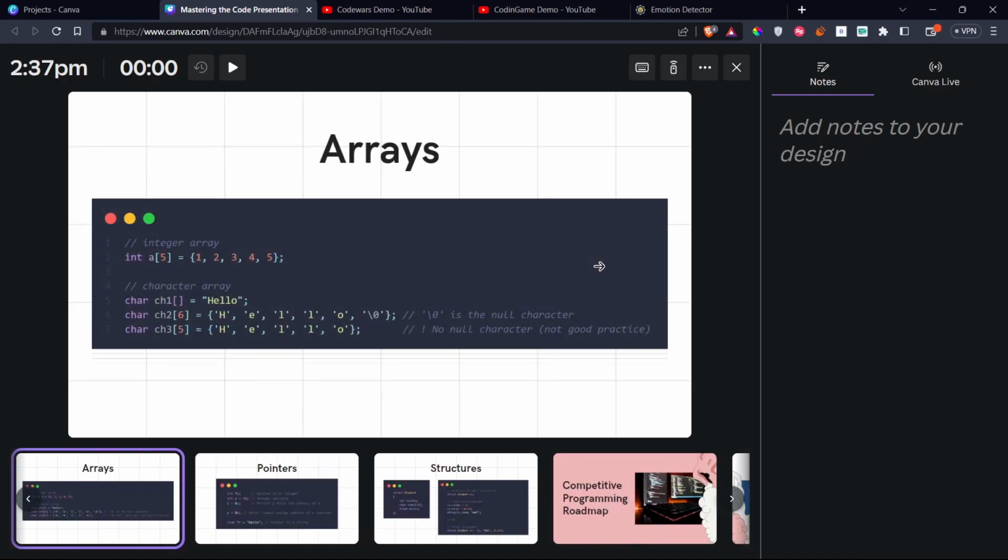So in arrays, there are 2 types of arrays, integer and character arrays. The declaration of an integer array is pretty straightforward. In int a[5], the 5 is the size of the array, which is optional. You can ignore it. At compile time, the compiler automatically figures out the size of the array. At the bottom are the various ways to declare a character array. The first method is the best one. It's called the string initialization method, wherein you can ignore the size of the string and the compiler automatically adds the null literal at the end.